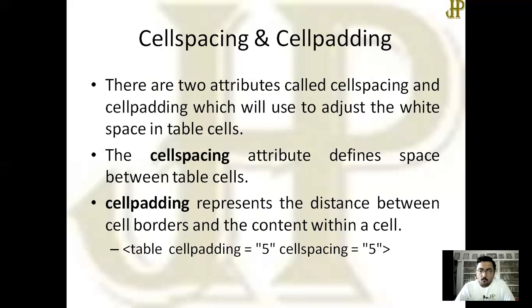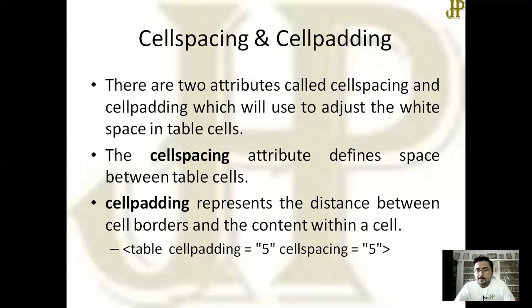But the web browser does not recognize white spaces like tab, space, new line, etc. So these white spaces can be adjusted in the table section also with the help of cell spacing and cell padding.